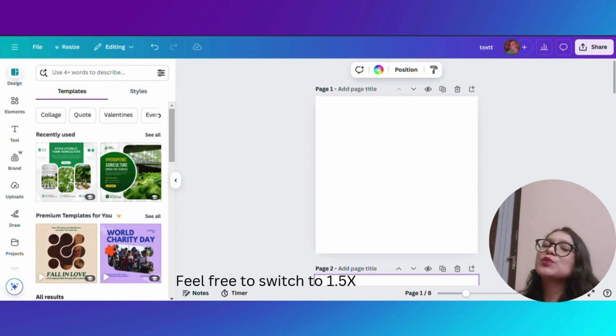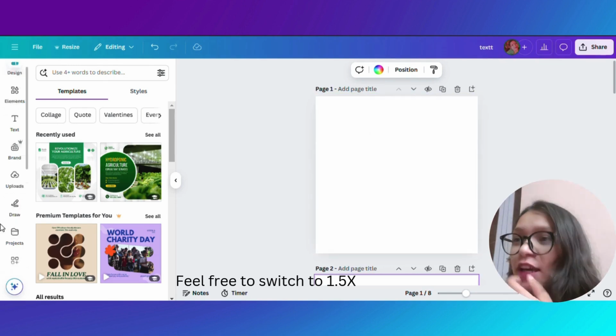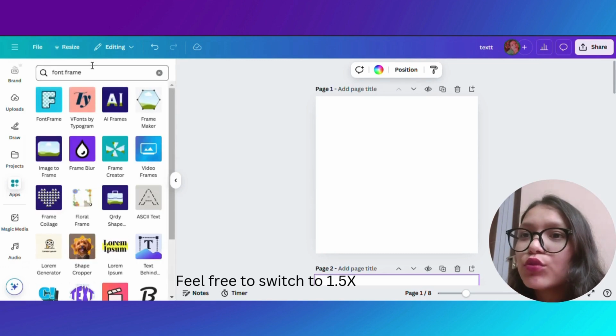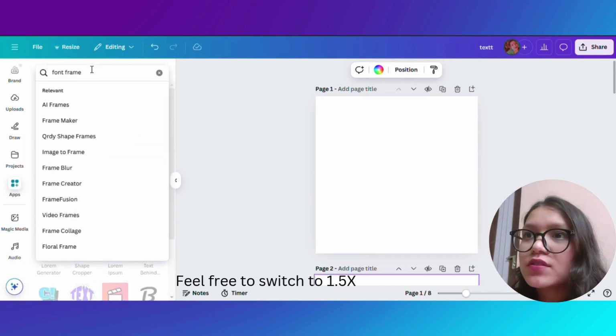So today we are going to explore 10 Canva hacks. So let's get started. So the first one is, if you go to the apps section here and search for